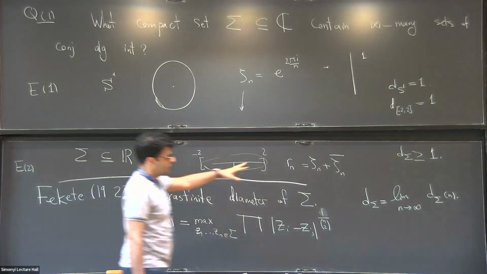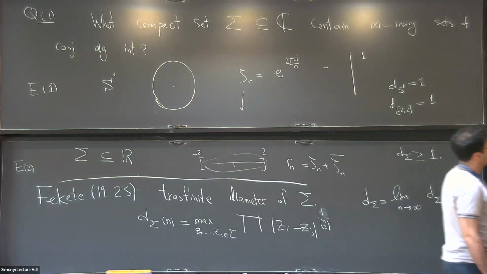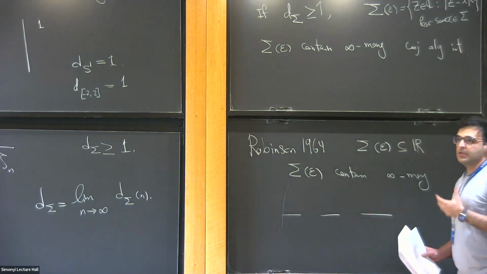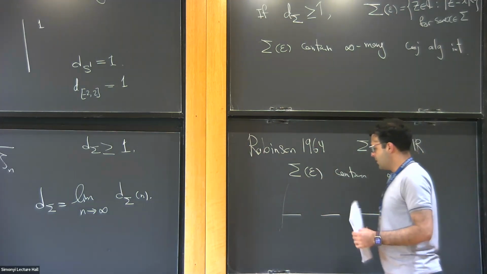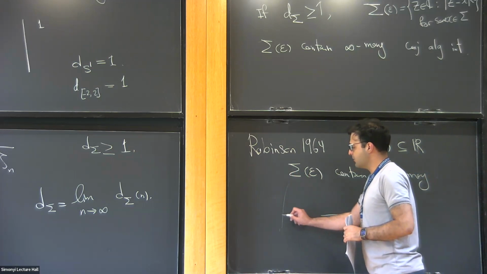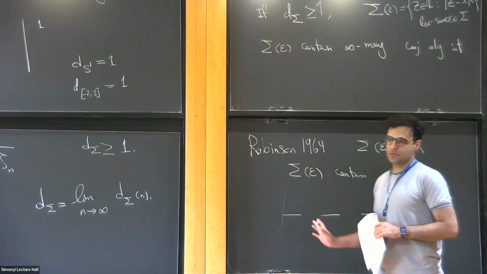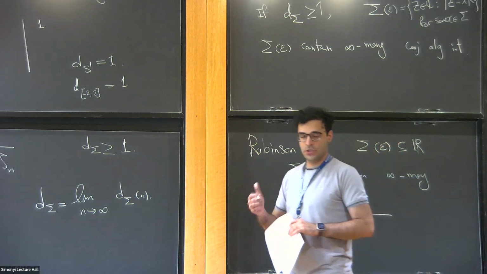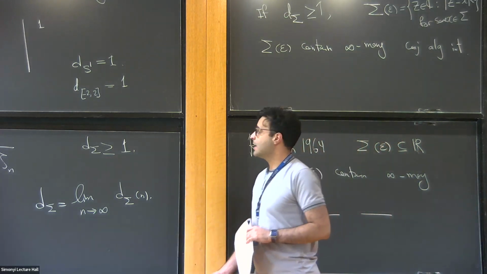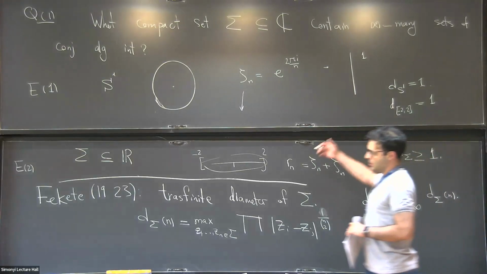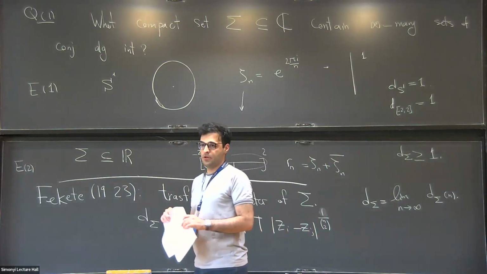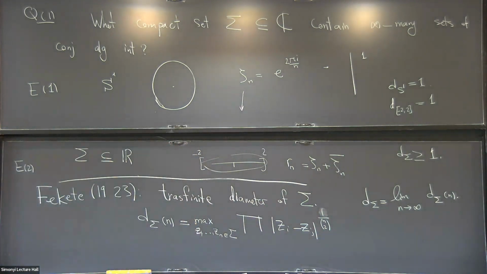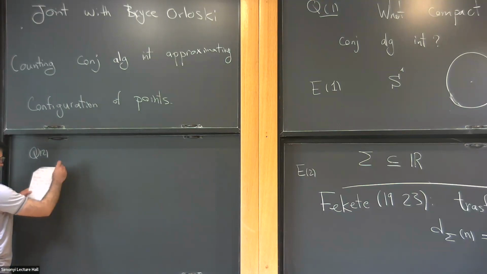So when sigma is 1, Robinson's construction gives you the limit, so the root distribution of these Chebyshev polynomials is also the equilibrium measure. So Robinson's construction gives you a set of algebraic integers with limiting distribution the equilibrium measure. But then there was a second question which I'm going to ask, which is the following: